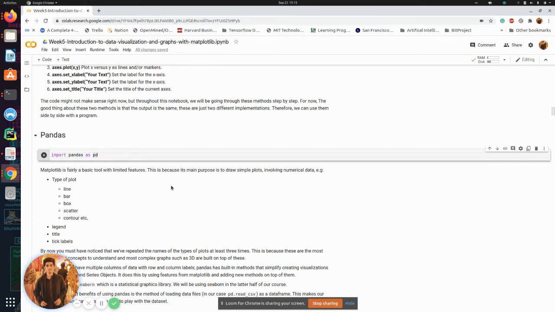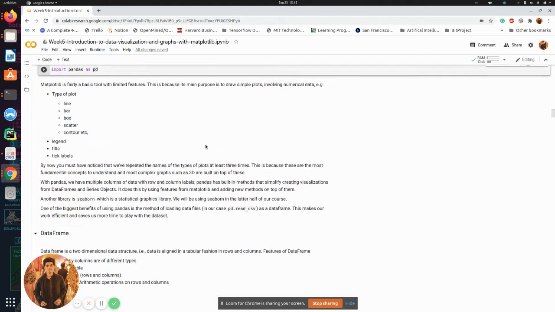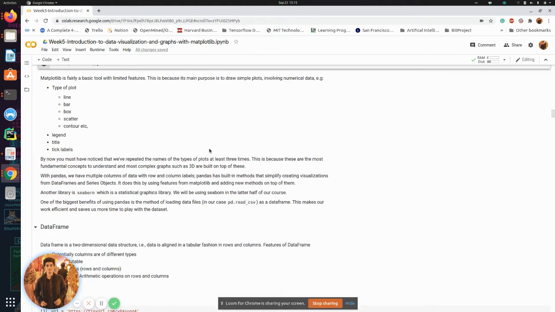We'll also be looking into legends, titles, and tick labels. And you might have noticed that I've mentioned the types of plots at least 3 times by now. This is because these are very fundamental concepts to understand, and most complex graphs are built on